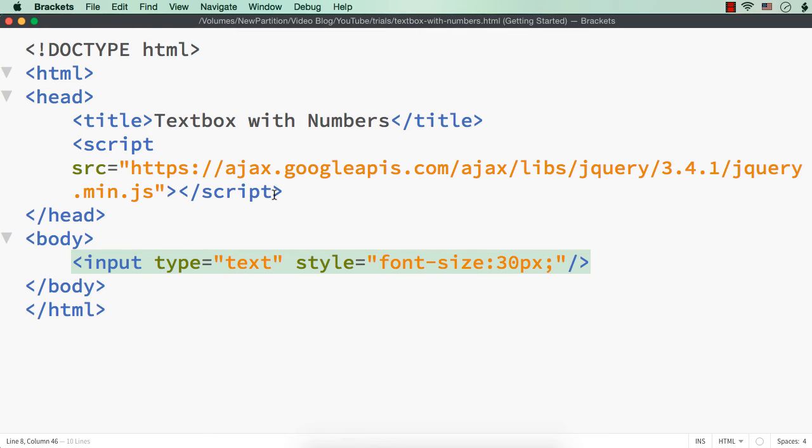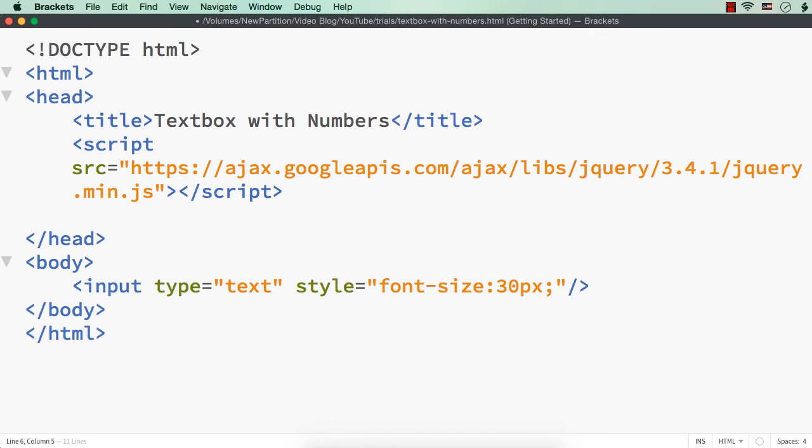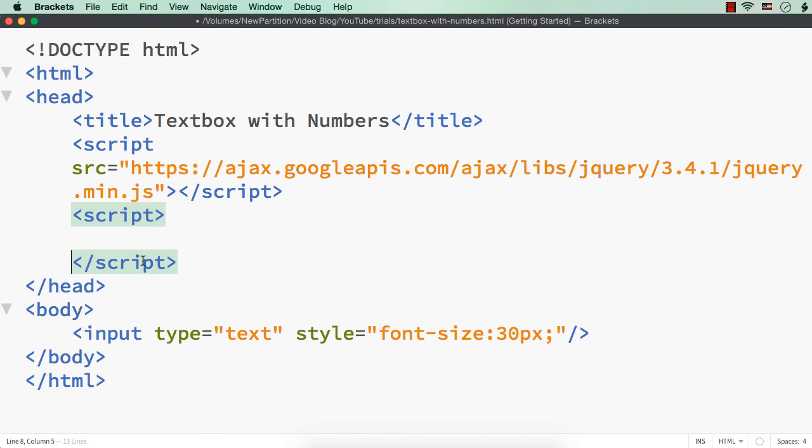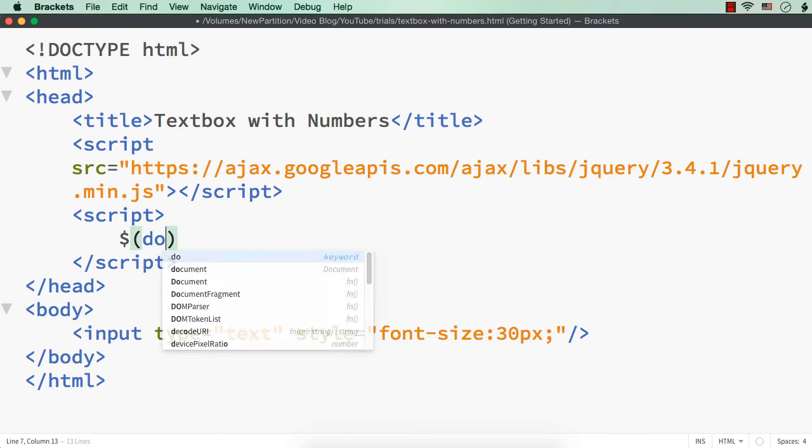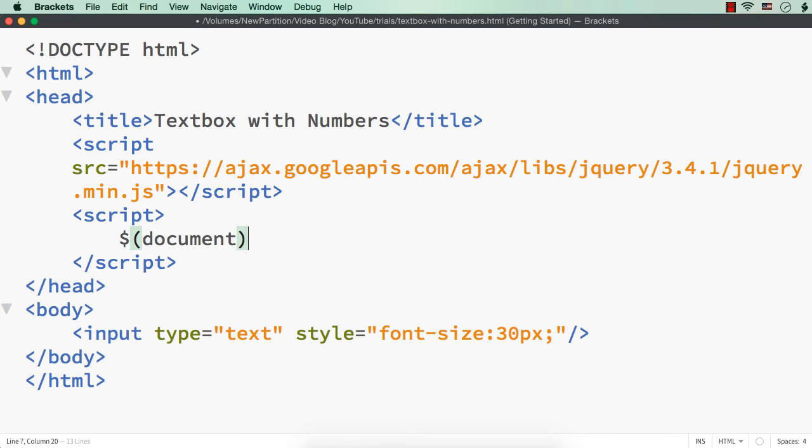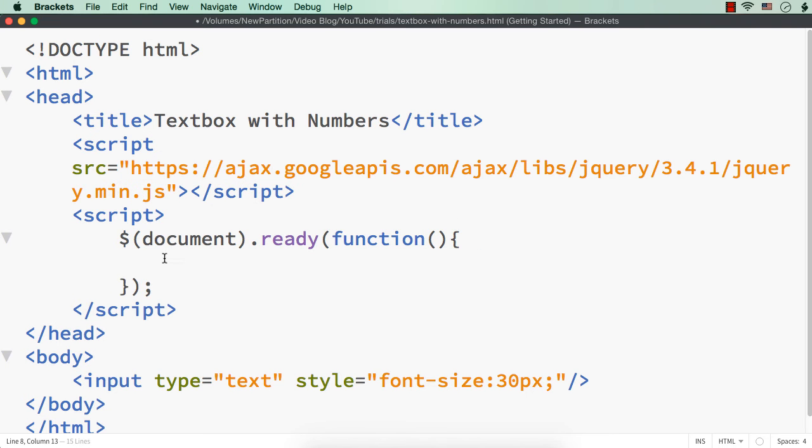See, this is how the text box is now looking like as we have increased the font size. Now let me write the code. So here let me add the script section and write the document.ready event. So $(document).ready, and within this function, open and close parenthesis, open and close curly braces, and within this let me write the code. So I want to make sure that only numbers are being entered inside the text box.